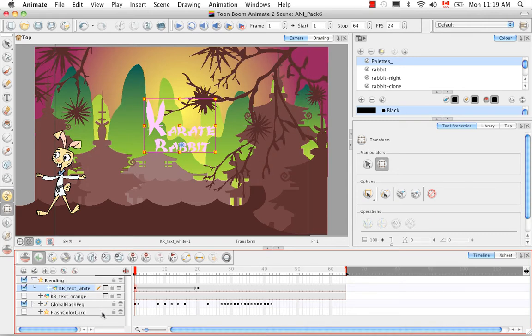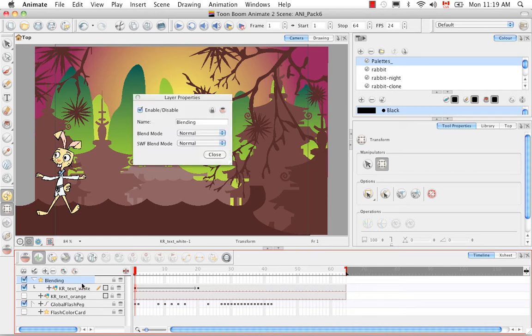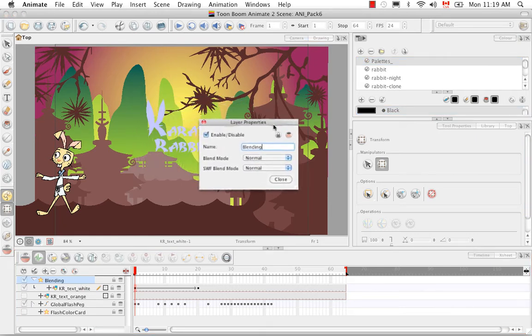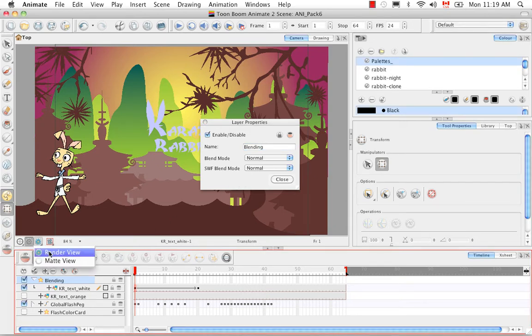The way the blending effect works is much like the way layer blending effects work in Photoshop. So if you've worked a lot with Photoshop, this will all seem very familiar. If you double click on the blending effect, you'll bring up its layer properties window. And you'll notice that there are two different types of blend modes. There's the regular blend mode and the SWF blend mode. To see any of these effects work, you have to be in the render view mode, which is this one right here. So let's go there